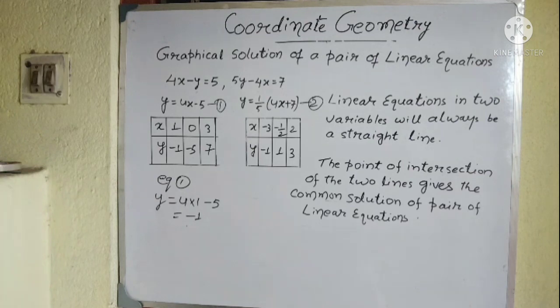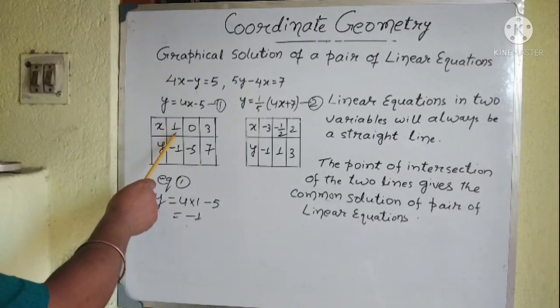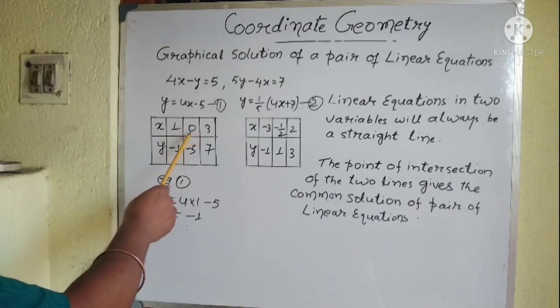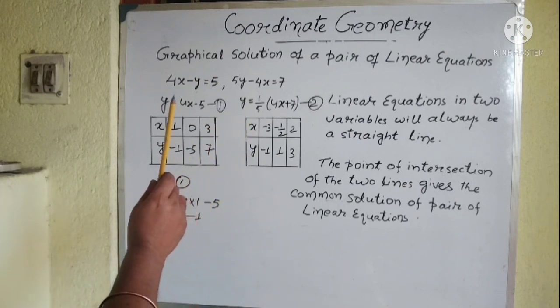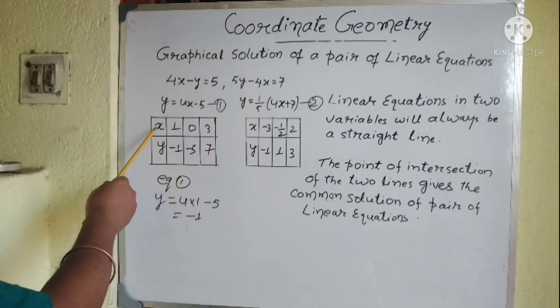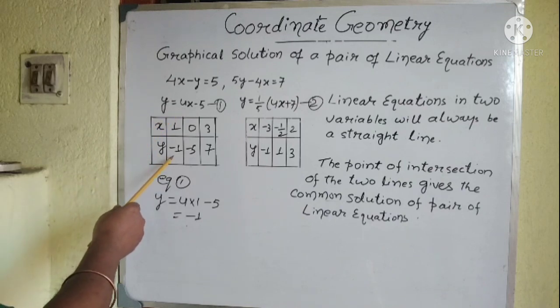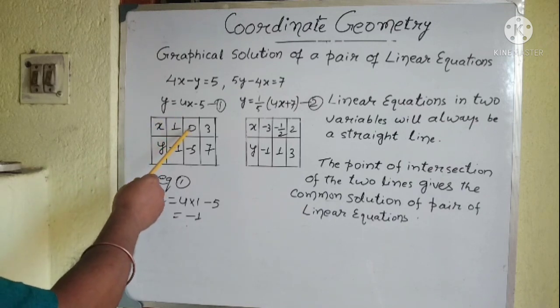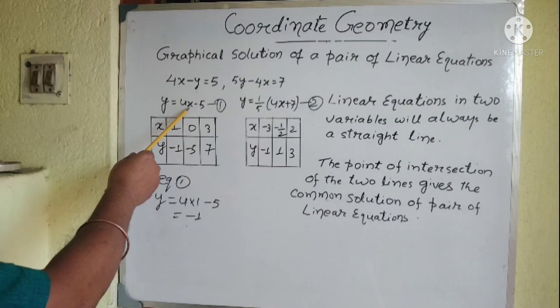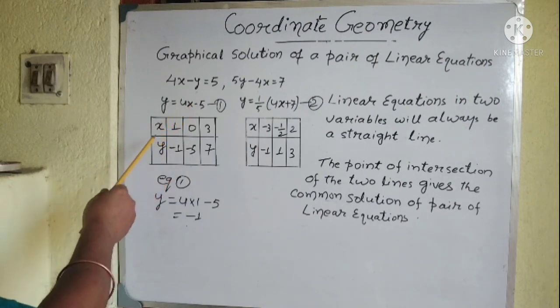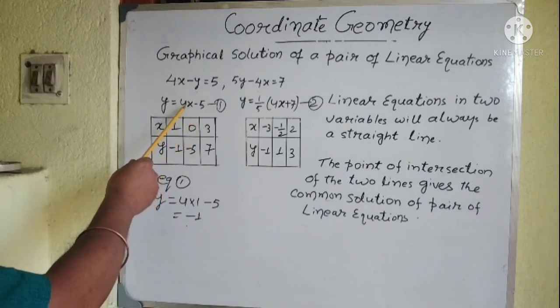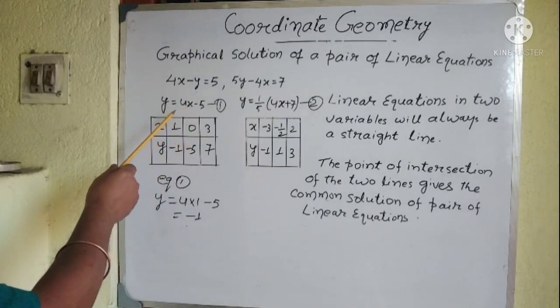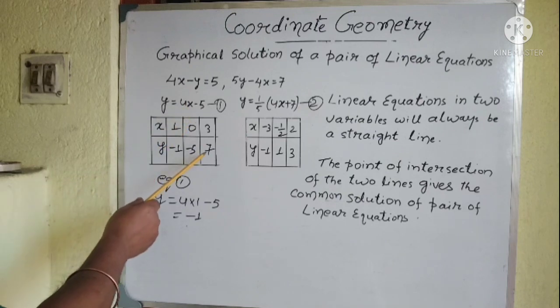You can take any value. It is not mandatory that I have taken 1, you don't have to take only 1. You can take any values so that you can plot it in your graph, mind it. So I have taken 1, so substituting 1, I am getting minus 1. Next I have taken 0, so put 0, so the corresponding value of y will be minus 5. Again I have taken 3, so put 3 over here, it will be 4 into 3, 12, 12 minus 5, it will be 7.